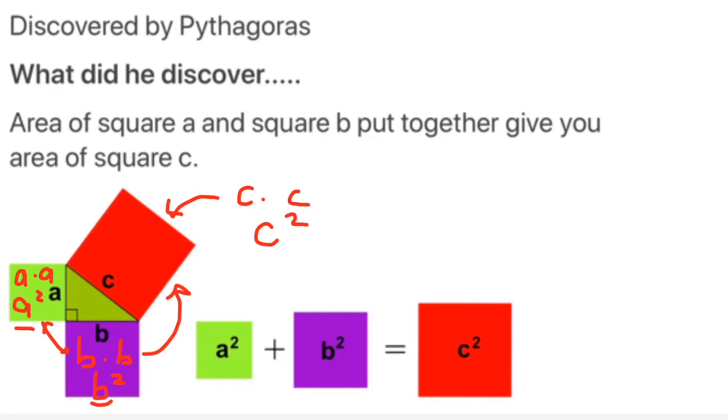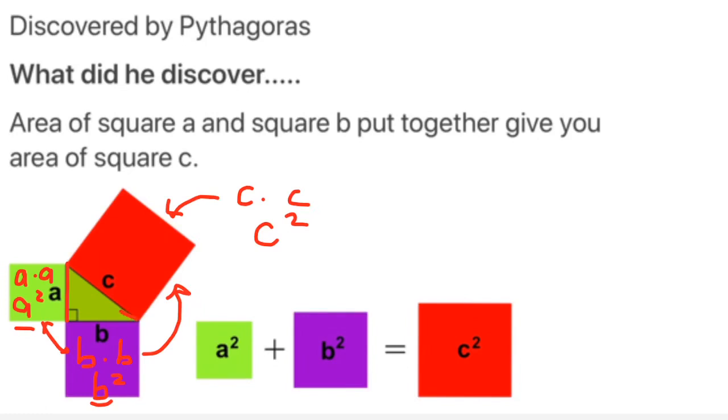And I really liked, and this is probably the main reason I made you watch the Math Antics video, is because they're able to show you those two squares and do the digital manipulation of the image to show you how those two squares combined equaled the area of this third square. So this shows you the formula, just reminding you that a squared and b squared represent the area of squares that could be made using that side length as one of the sides of the squares. So the area of square A plus the area of square B gives you the area of square C,